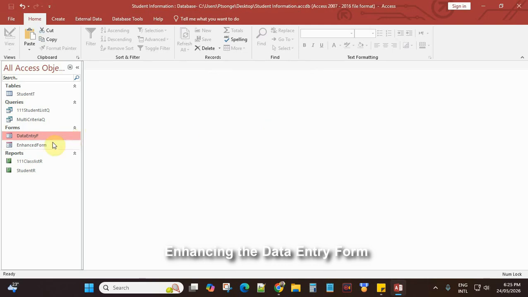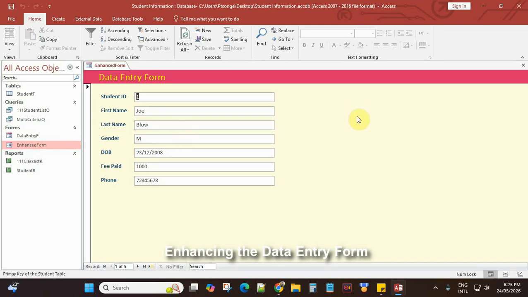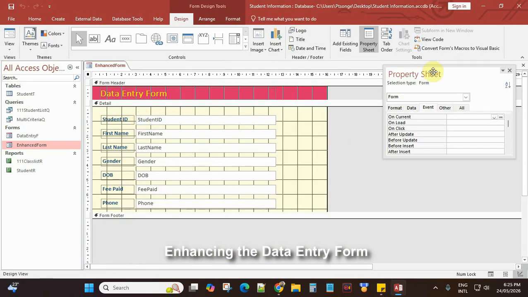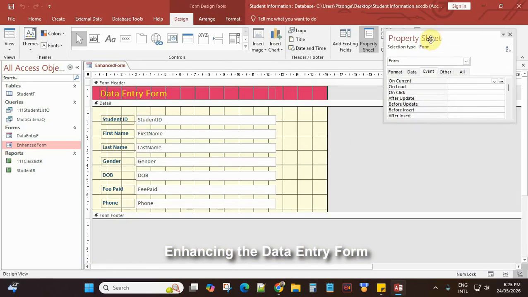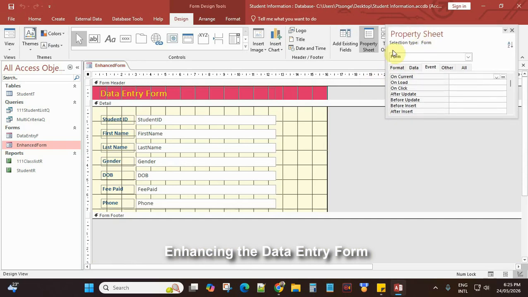So there is the form that I have here. If I click open, that's how it looks. Now I'm going to do a right click here and I'll switch over to the design view of this form. Right click and there's a design view option there. Click on it and now the form is in design view. So the first thing I'm going to do, or before adding the list box,